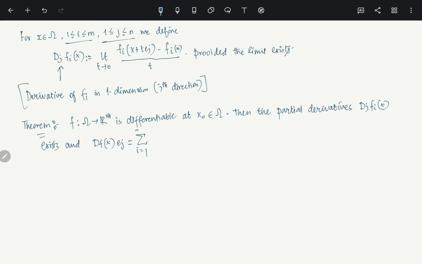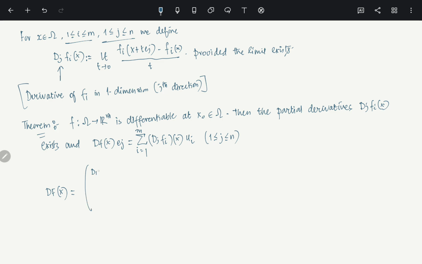To answer that question, this becomes nothing but the summation, i equals 1 to m, of d_j f_i acting at x, times u_i. Clear? And this holds for j between 1 and n. What I meant by this is, if you write down this df, it is acting on e_j, and the end result will be in terms of u_i. So essentially, if you want to write down df at the point x, this is nothing but